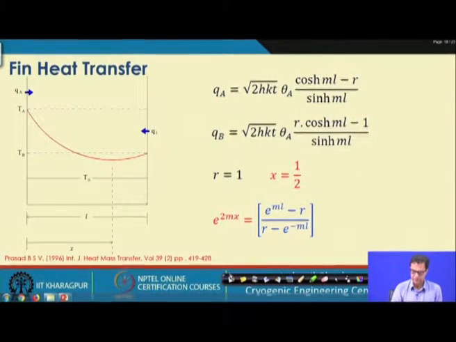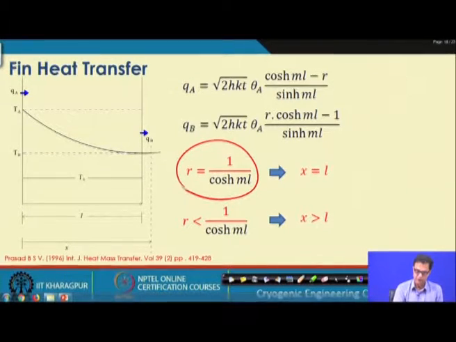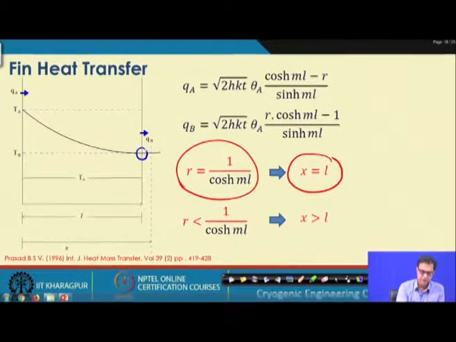So, now what is the other possibility that we have already talked about in the last class? It was such that in case this r equals exactly 1 by cos hyperbolic m l, in that situation we find that the extremum is occurring at the fin base of the q b. And now, if this r equals 1 by cos hyperbolic m l, it is not only giving the extremum at the fin base of the other